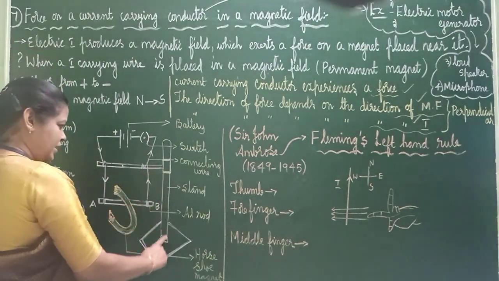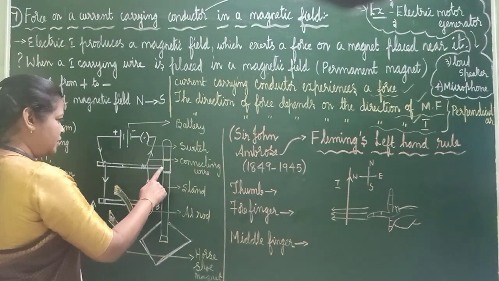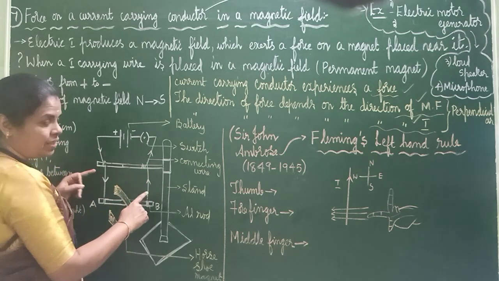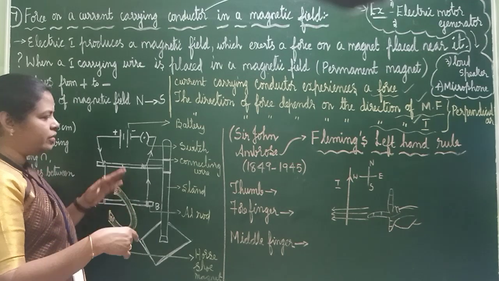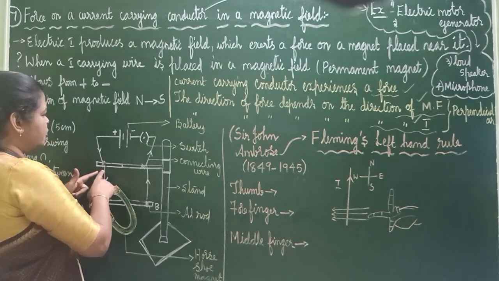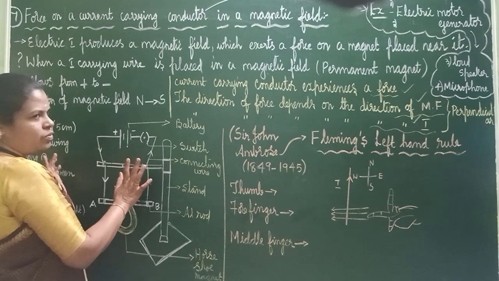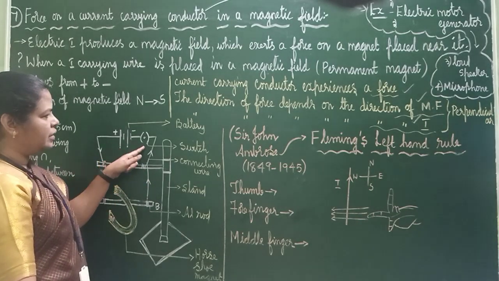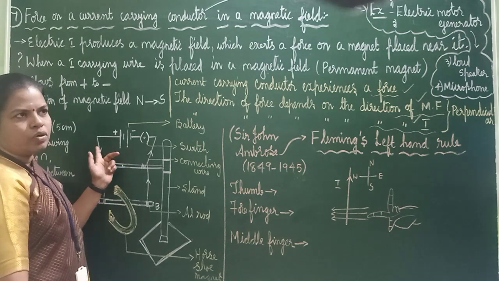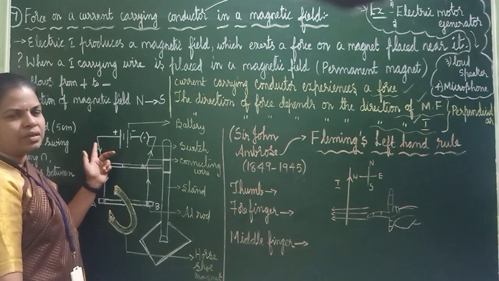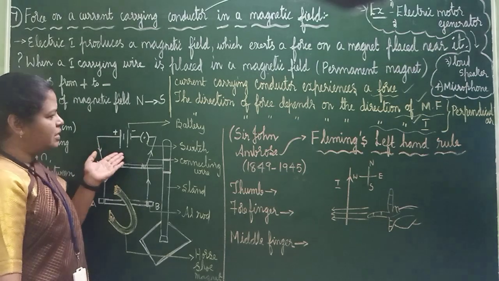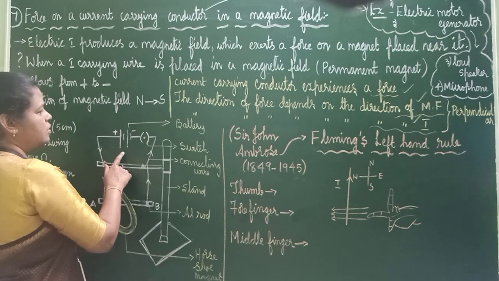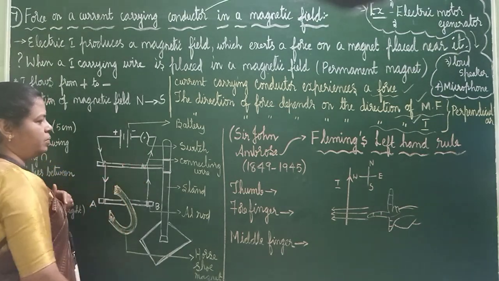Now this is the activity. I have taken a stand like this, and this is a connecting wire. In the textbook it is somewhat different, so I have given it very simple here. As usual, what are the things you have used? Battery, then key. You can also use a rheostat and ammeter if you want, but these two things are very important: switch and battery.